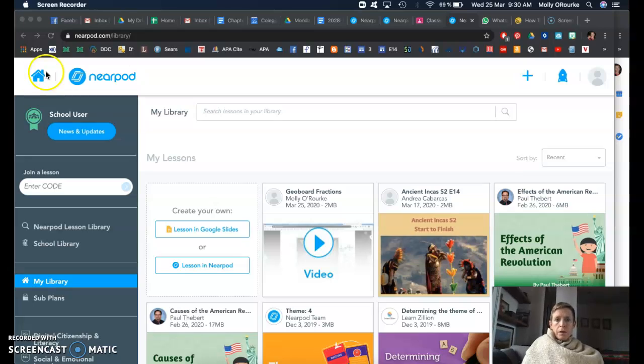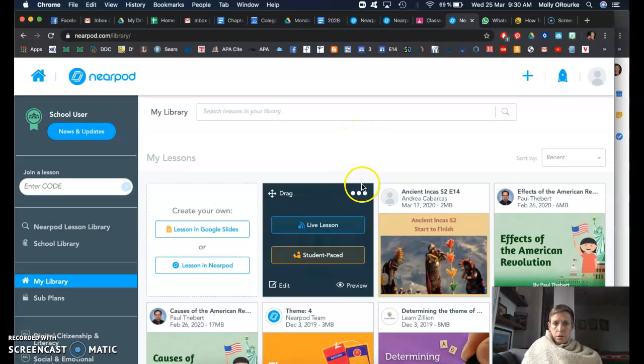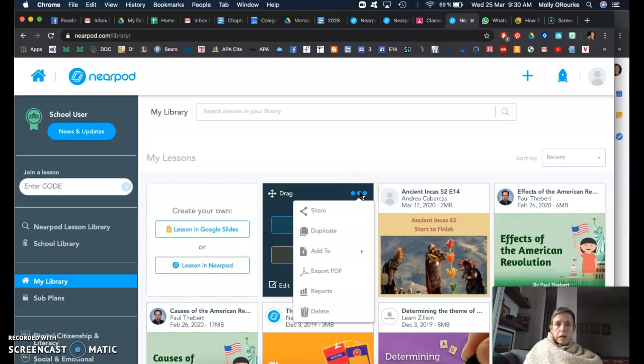This is your library. Here is the geofractions. Hover over it, and you'll see the three dots, horizontal dots. Click, select reports,